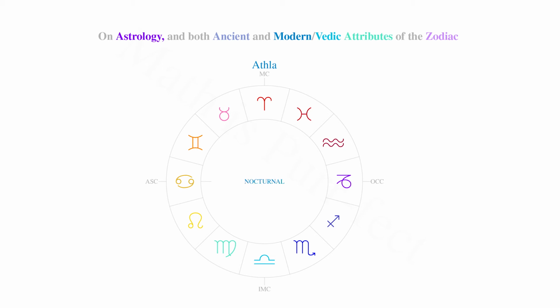The nocturnal calculation has us once again find the distance from the moon to the sun. However, we then subtend this distance from the ascendant above the horizon. Hence, in this example, the lot of fortune resides in Aries. In general, the athla are attributed as follows, and should not be confused with the houses, a listing of which will follow presently. If the lot of fortune is in the 12th house, as seen here in Gemini, then the